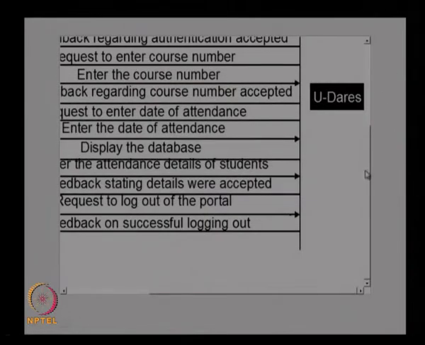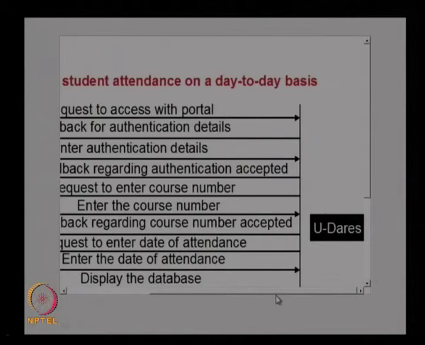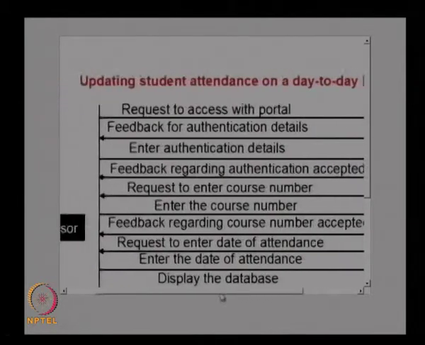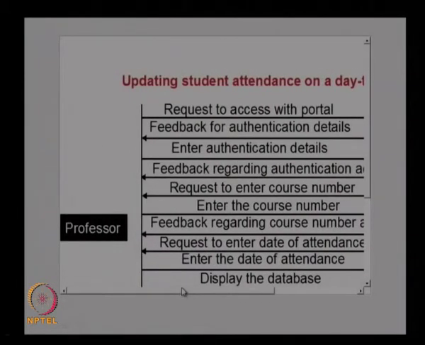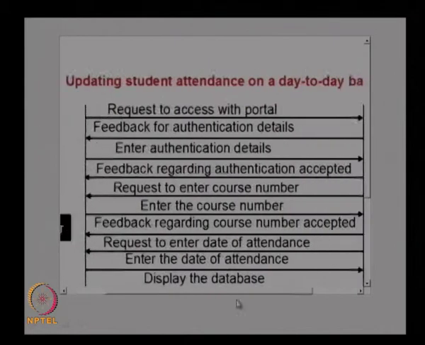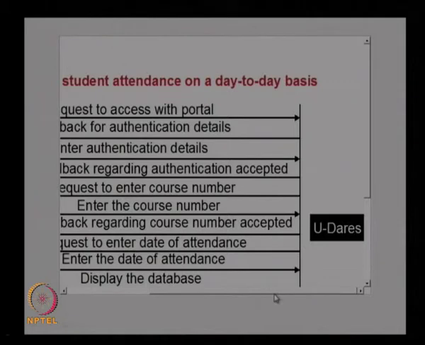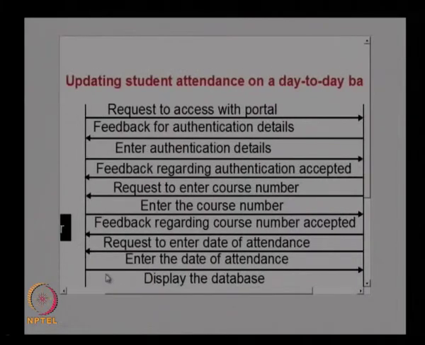So, we can actually represent the same thing by using an input output trace. Again, we saw this in the previous examples also. We will identify the external system here, and then the UDAIR system as this one. Then the type of interaction taking place between the faculty and the system can be represented here as inputs and outputs from the system. This will tell you what kind of input is coming to the system, and how the system accepts that input.